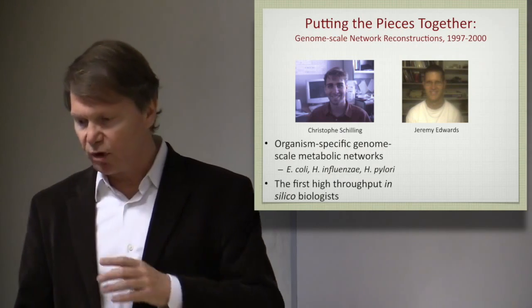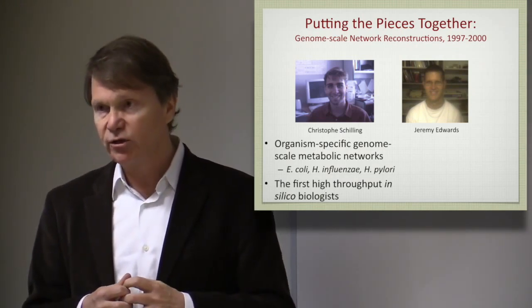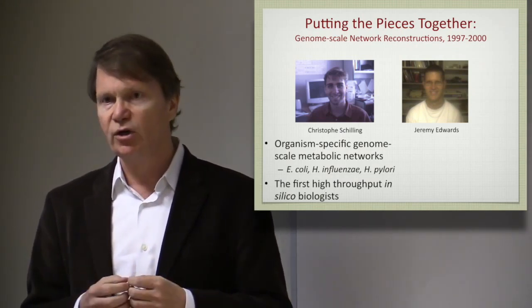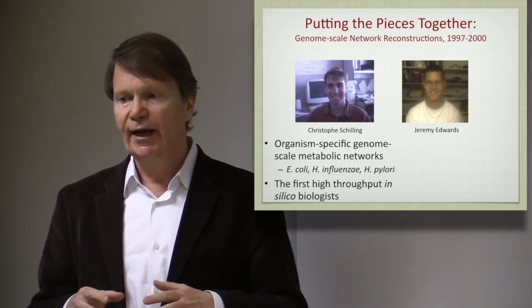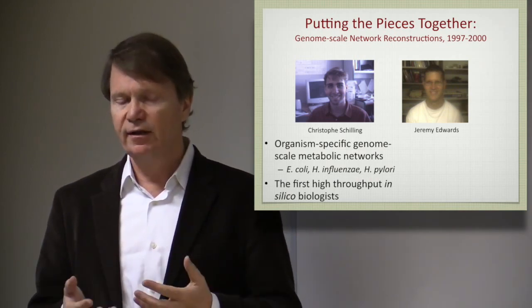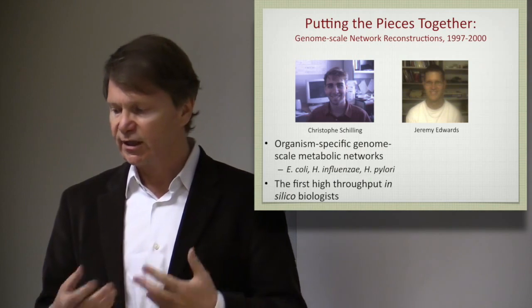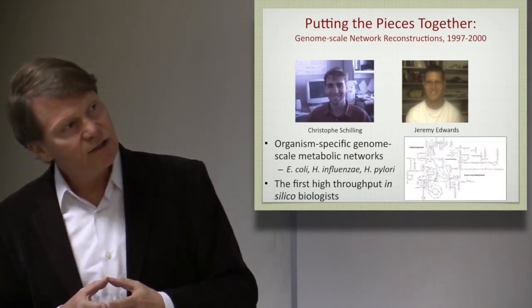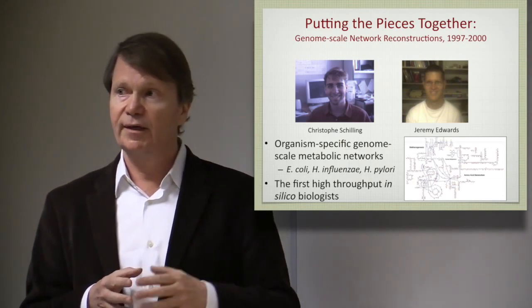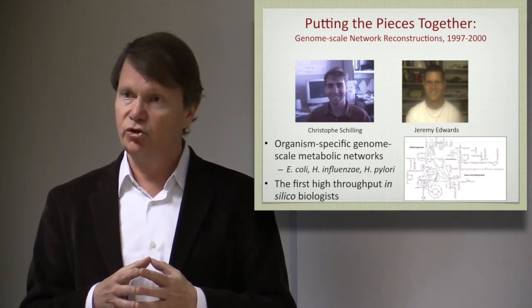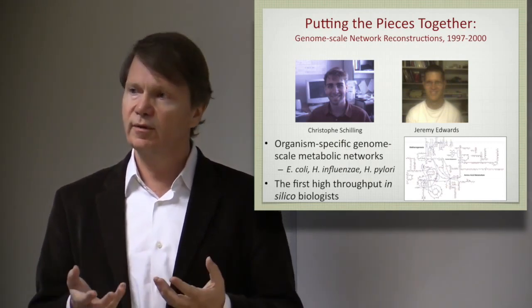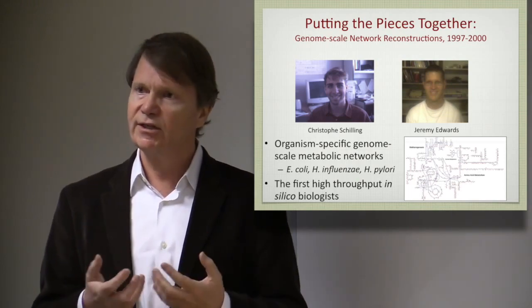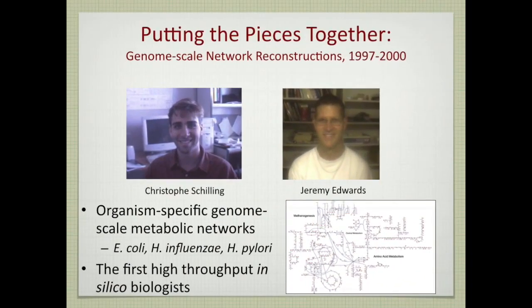And they would rummage through the annotations of these genomes, pick out genes with known function, define their biochemical functionalities, and started piecing together networks based on that. And the easiest set of gene products to deal with, at least then, were the metabolic genes, because we know so much about metabolism and the enzymes that carry out basic metabolic functions.